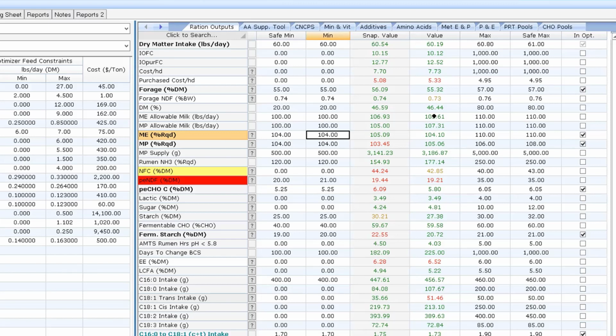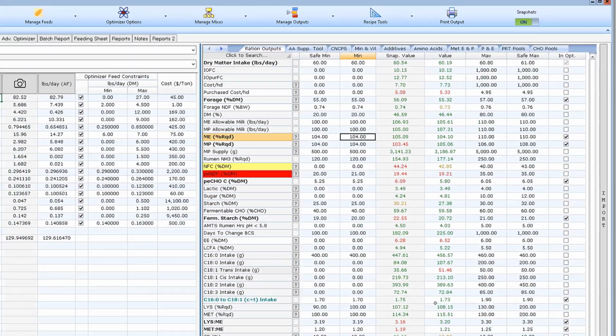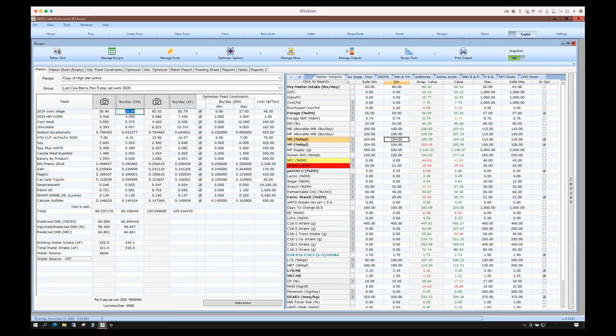So at this point, it would just be evaluating it for everything else, including things like whatever we wanted for minerals, or if there were any little things that we wanted to change, say some rounding things here on the recipe side, and then decide if we're going to keep that diet or not.